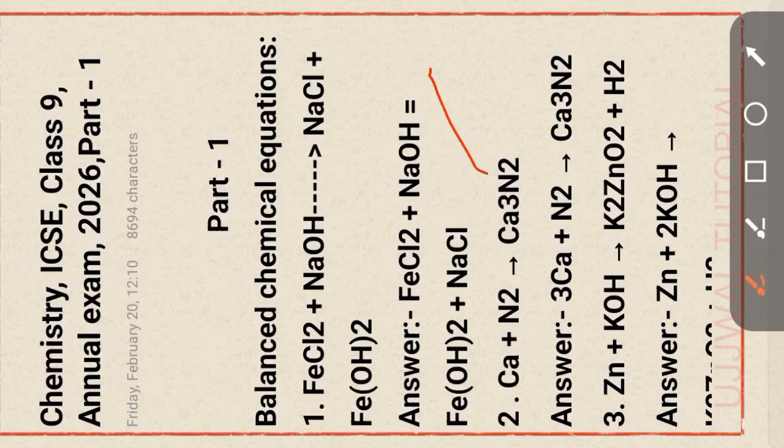Ca plus N2 forms Ca3N2. That is the balanced equation: 3Ca plus N2 form Ca3N2. Next,